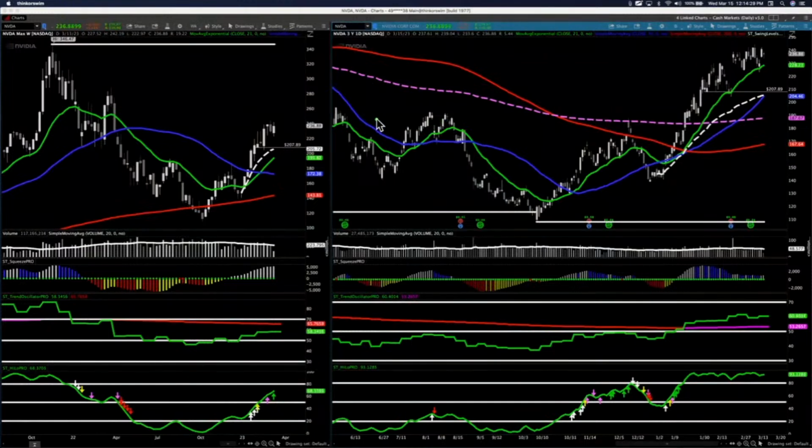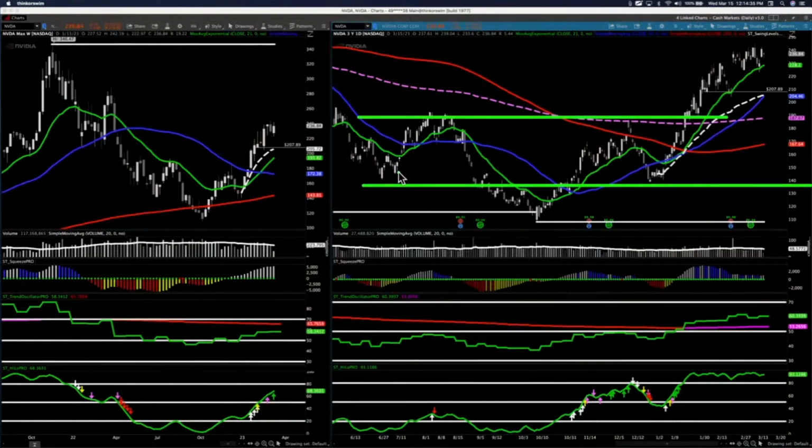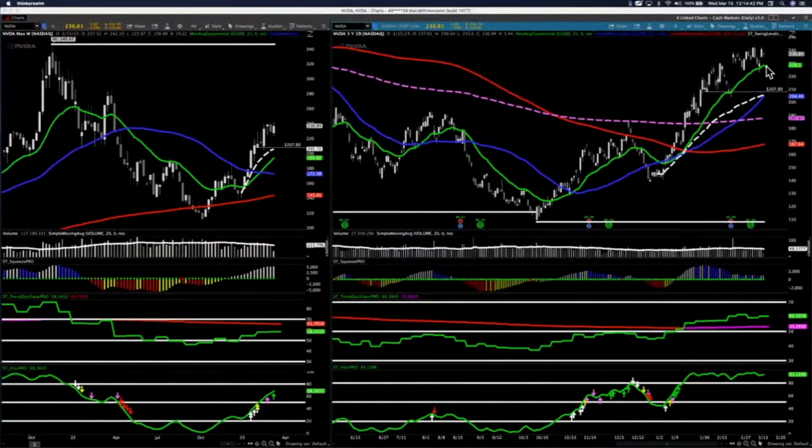Rarely are they ever super clean, but I would say that this is more of a range that is going into trend. Now, if you see that on the kickback, so here's the trick, and this will actually help you make money. If you see that on the kickback, it does not hold the 21, you cannot buy it until the 50, and that's a big gap, right? The 21 is at 228, the 50 is at 204. If you see that it doesn't hold the 50 at any point, you can't buy it until the 200, right? So you can see how this would then start to change personalities.